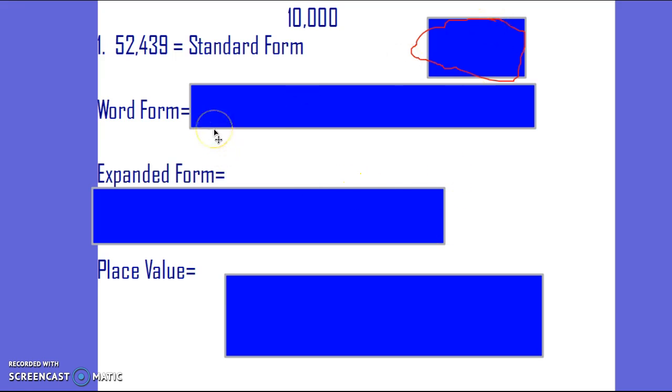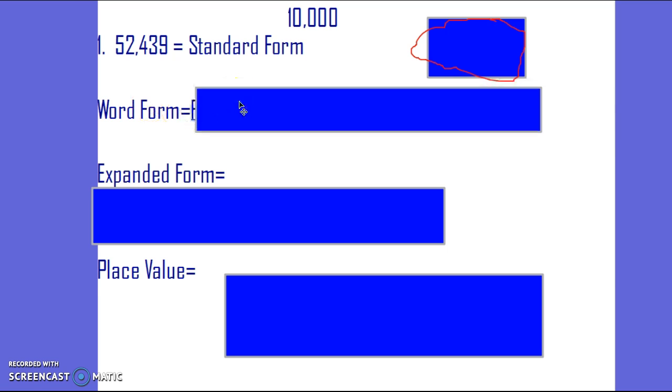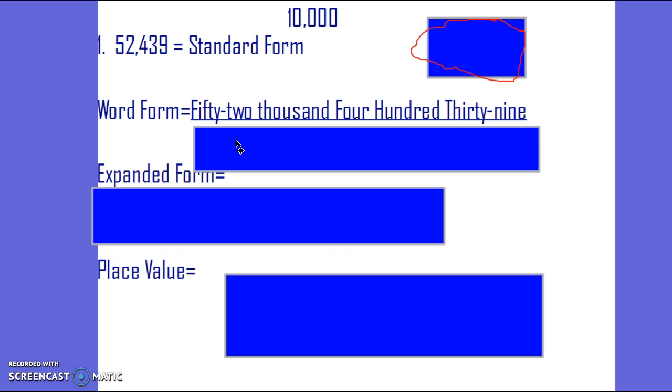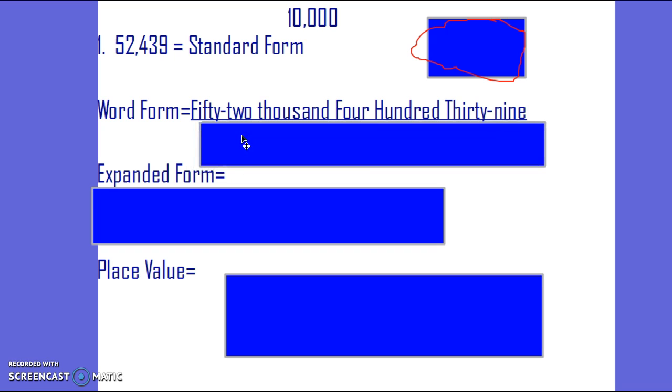And let's look at 10,000, and we're starting off with the standard form, which is just 52,439. Word form, remember we said that we are saying the first two words together, 52,000, which you will literally have 52 thousands when you have 5 10,000s plus 2 1,000s. Okay, so 52 thousands are equal to